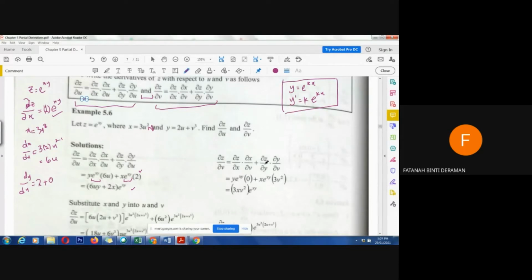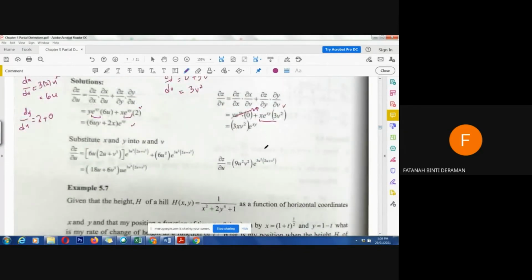So for dz/dy, the same thing. Here we differentiate with respect to y, and then we find dy/dv. There is no v here, so it's 0 plus 3v cubed, which is 3v to the power 3 minus 1. So we get 3v squared. Then we simplify, we factor out the same element. Actually, there is no need to simplify, because everything times 0 gives 0, so we get only this term. Just rearrange it, it's better to see this equation. Now substitute x and y in terms of u and v.